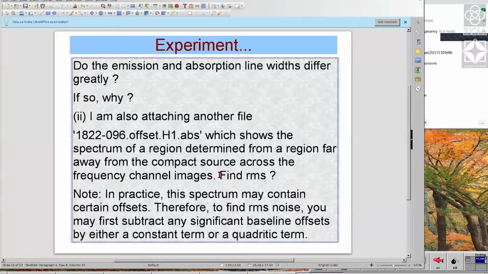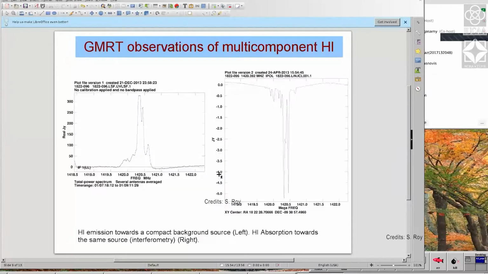Now remember that this RMS can also change when you are doing it. When you are close to the line, you may have a different RMS because there is strong emission, and that you may also have to characterize. That is, the emission on this part of the line can be much less compared to the RMS here. So you should characterize the RMS close to the line frequencies, that is one part, and further away from the line frequencies. Both are needed to characterize the RMS.